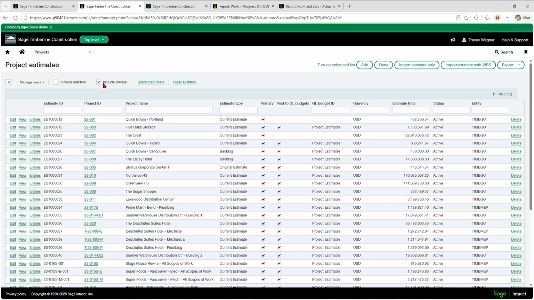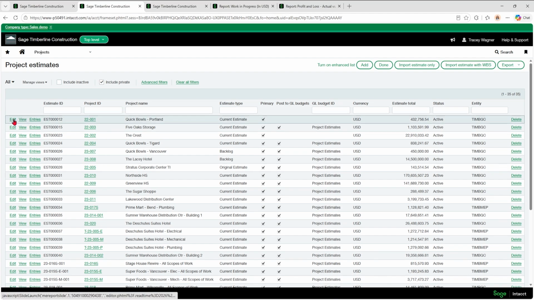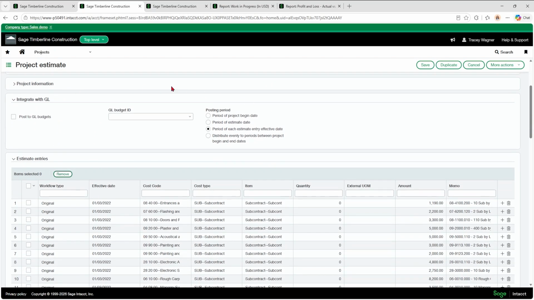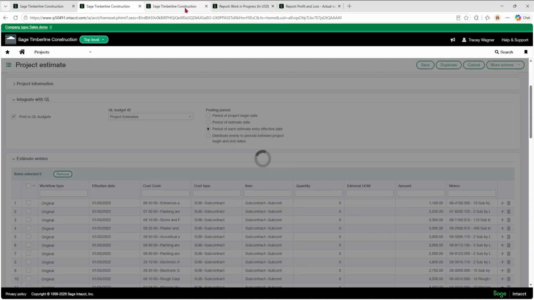So Quick Bowls, we're going to edit. And this integrate with GL, again, see that's not activated. So we want to activate posting to GL budgets. Again, you can do this at any point in time. Doesn't matter if you already have budgets set up. And then you're going to want to choose the project estimates. And we always select period of each estimate entry effective date. Same reason as we did that for contracts. So once you save that,